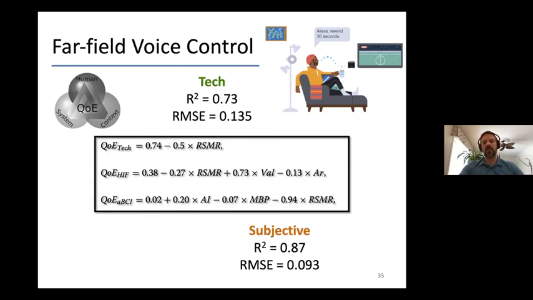So we wanted to explore what would happen if we were able to use affective computing to predict those arousal and valence states. So we then built what we call affective body-computer interfaces or brain-computer interfaces to actually monitor these emotional reactions and then provide those as features to the model as opposed to the true subjective ratings. So you can see that by doing that, we're able to get a model that is significantly better than a model that does not rely on human influential factors, but there's still a gap between what you're able to achieve with affective computing and what you'd be able to achieve with true subjective ratings.